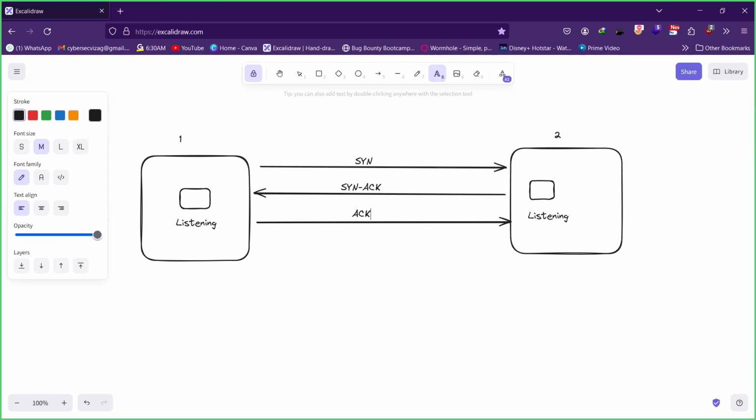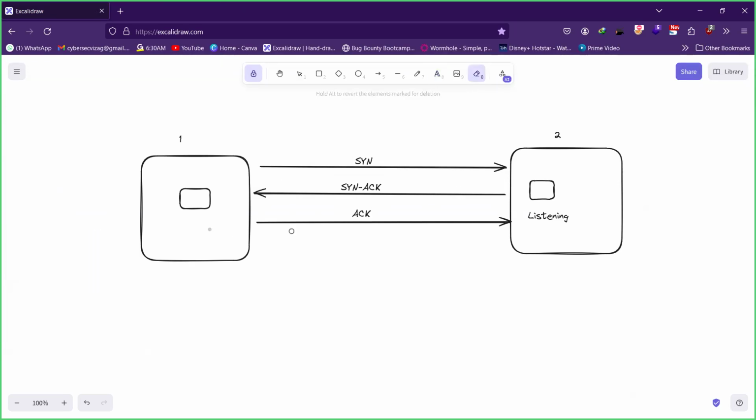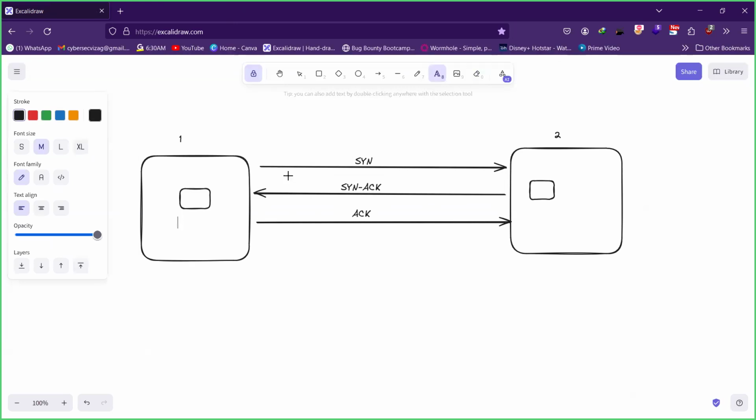After the SYN-ACK and ACK are performed, the ports change from listening to established. So now the ports are in an established state where they can start transmitting data to each other. This is established and this is also an established port. And collectively, this three-flag process is called the TCP three-way handshake. So when two devices want to communicate with each other, let's say in your network or